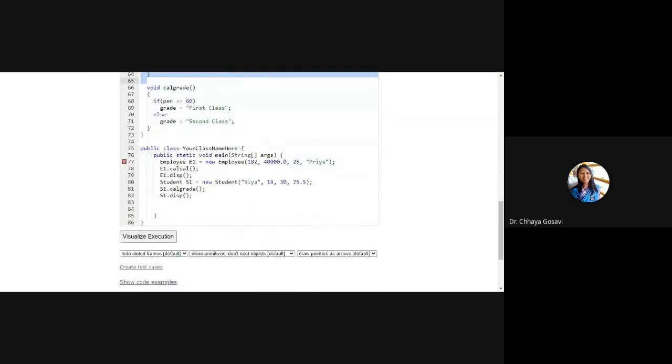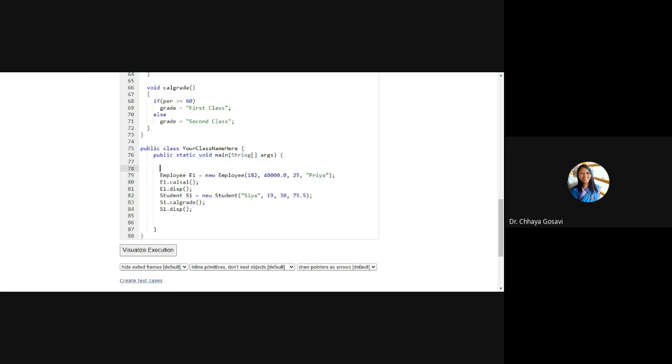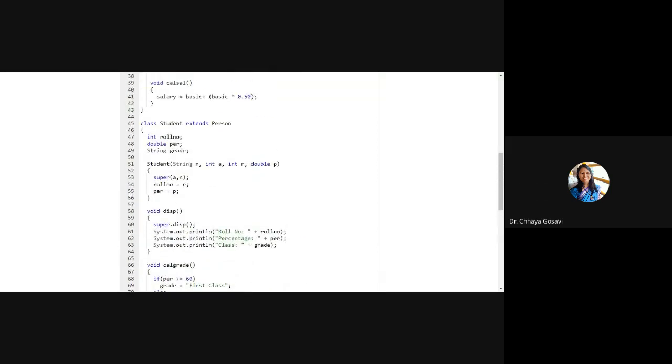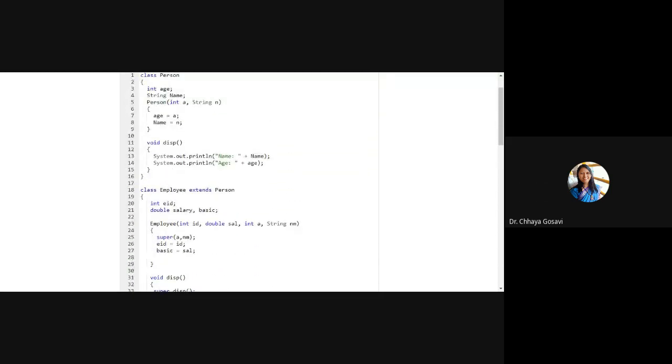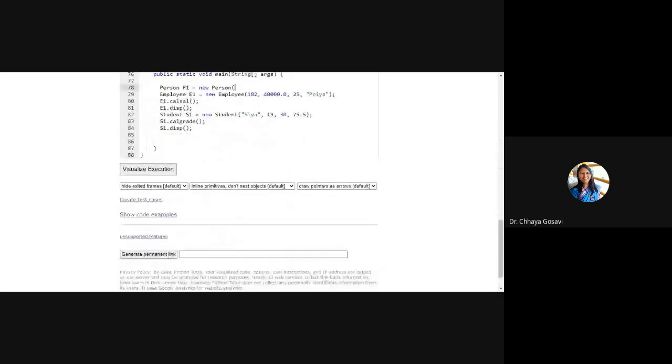And note that here we can create object of person. Object of person will still exist. Here you can create a normal object of a person class, new Person. Normally where students get confused is, if I create object of a person class, person has age and name.